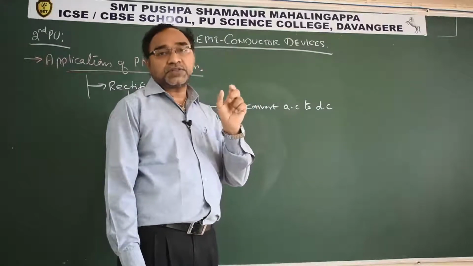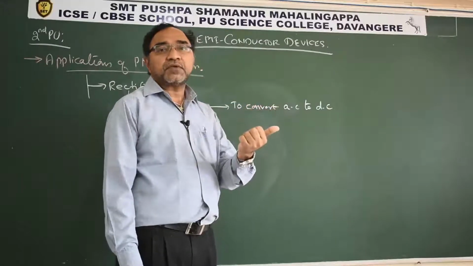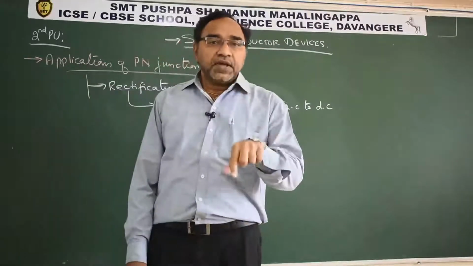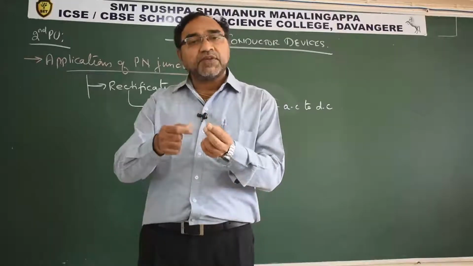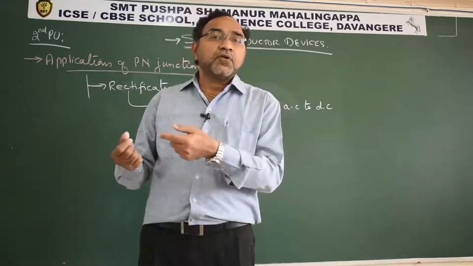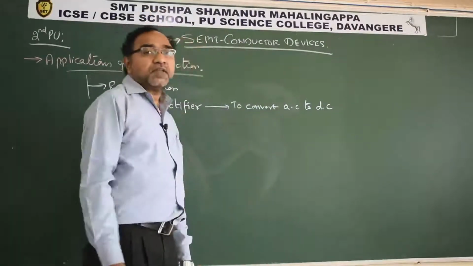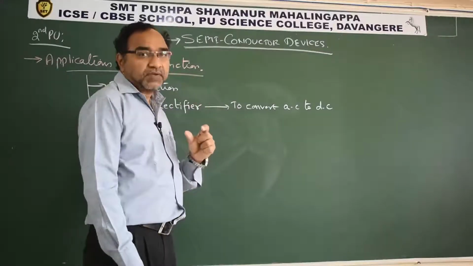you call a charger. That 3-point plug is taking input as AC. Inside we have a rectifier which rectifies the input AC signal into DC, and then the wire cable which comes out, which you pass on to the mobile, has DC. Everything got converted inside that black color box. That is, it has a rectifier.